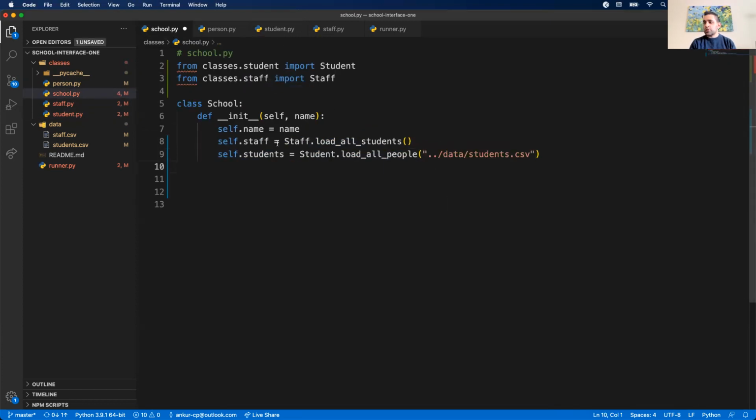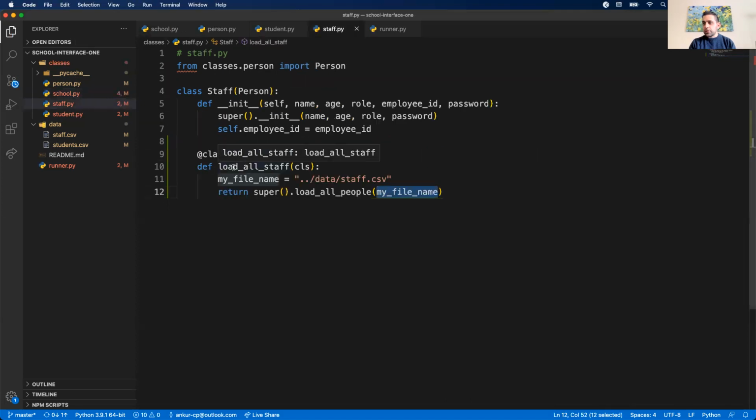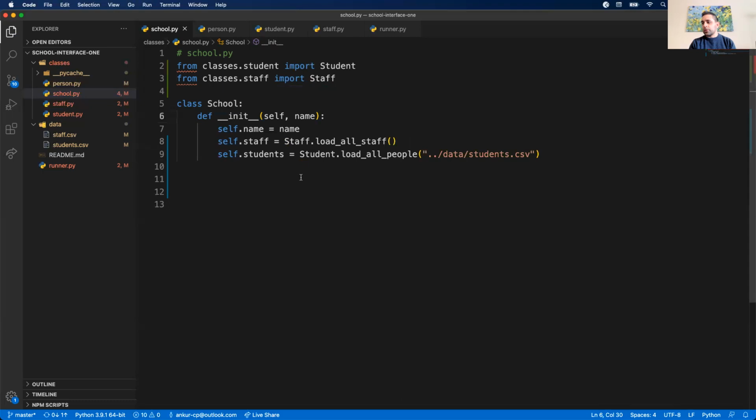All right, so I have two versions here. I have staff that calls loadAllStaff, not students. In this case, I actually have a method on my staff class, a class method called loadAllStaff, and this basically just takes a file name and passes it to my base class, which is person. Or I could do something like this, where I have my student class, I call loadAllPeople, which is inherited from